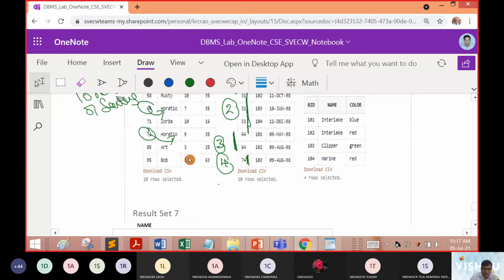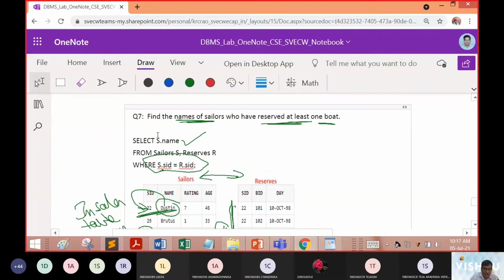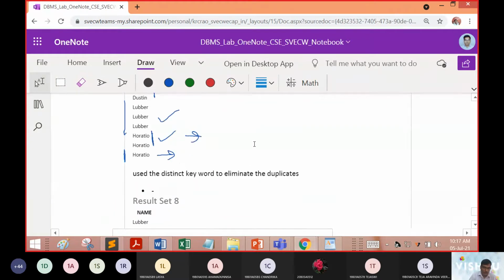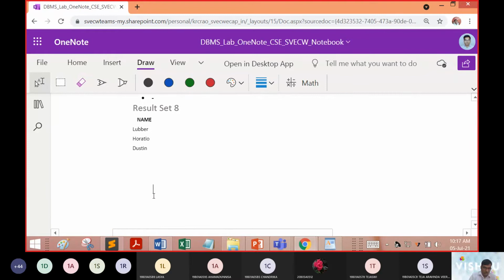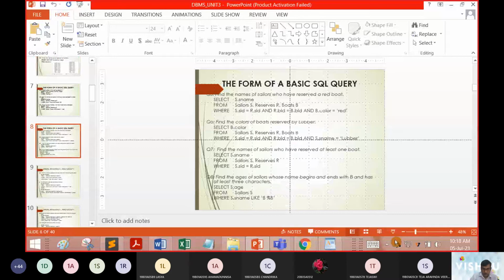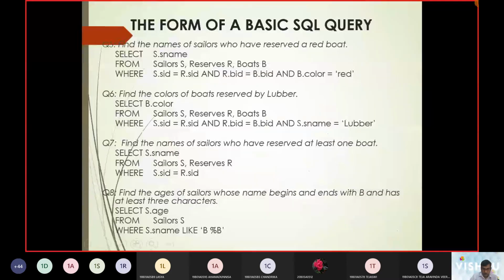What is the annotation we have added? Here we have added the word called distinct. So that was the change or observation we can understand. Okay, now we are done with one more query. Next one was, so we're done with query number 7.